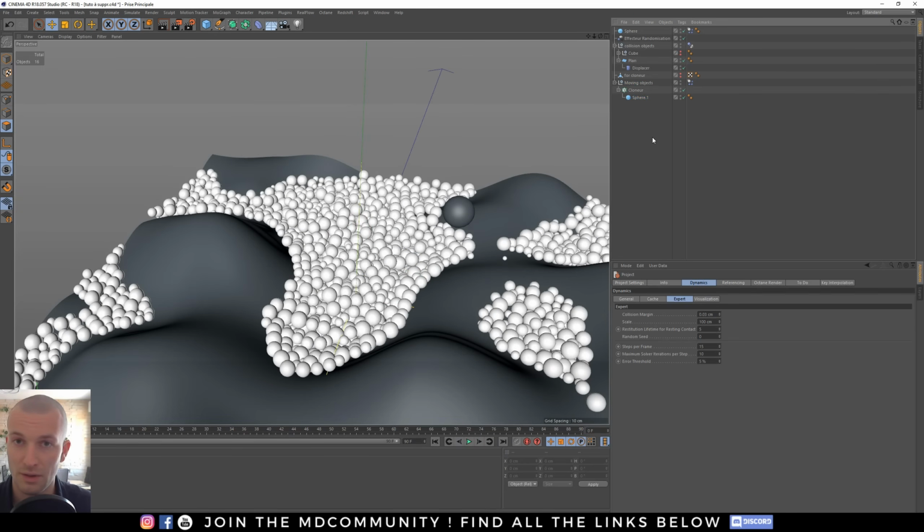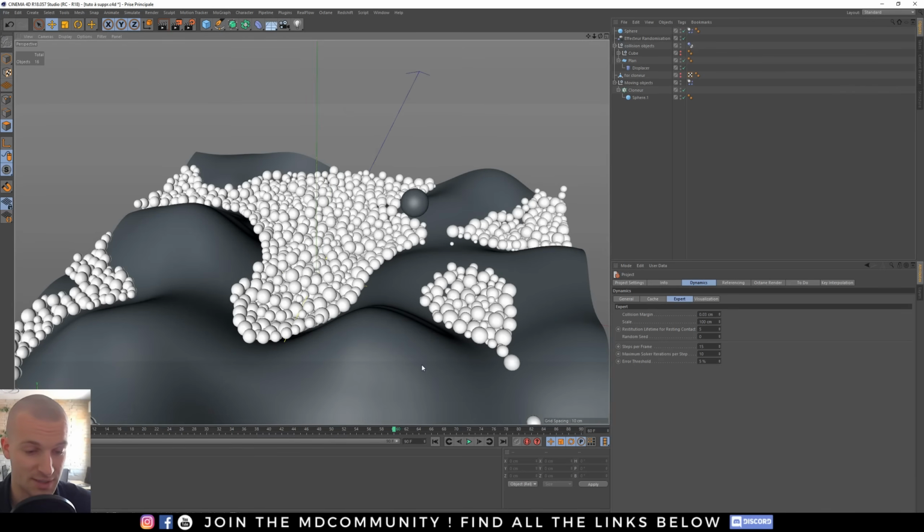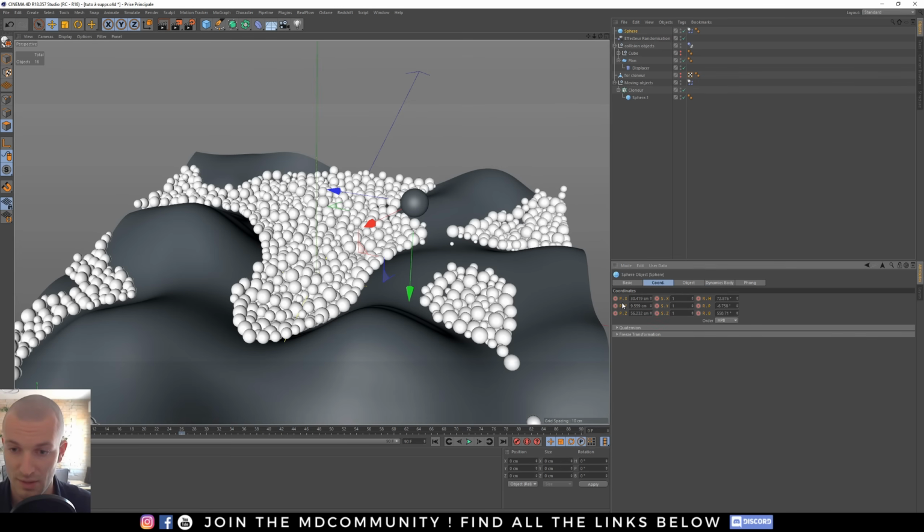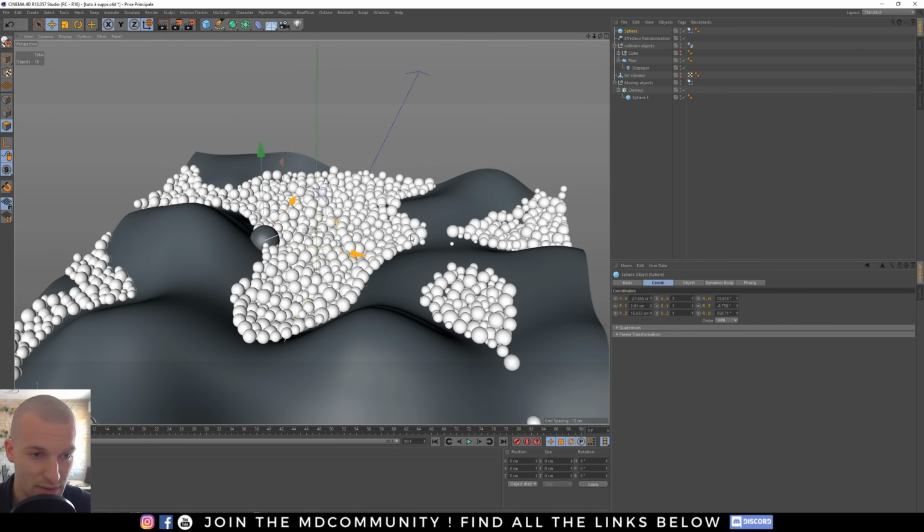To put your animation in cache, because if I go to frame 60, as you can see, it's not moving. I don't have my simulation. So I go back. I guess my sphere doesn't move because when I start my recording, Cinema 4D is always creating a keyframe. I put it again, okay.